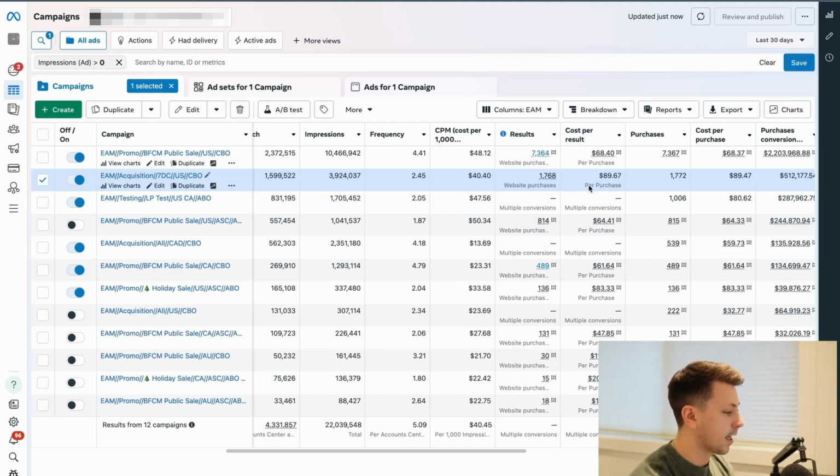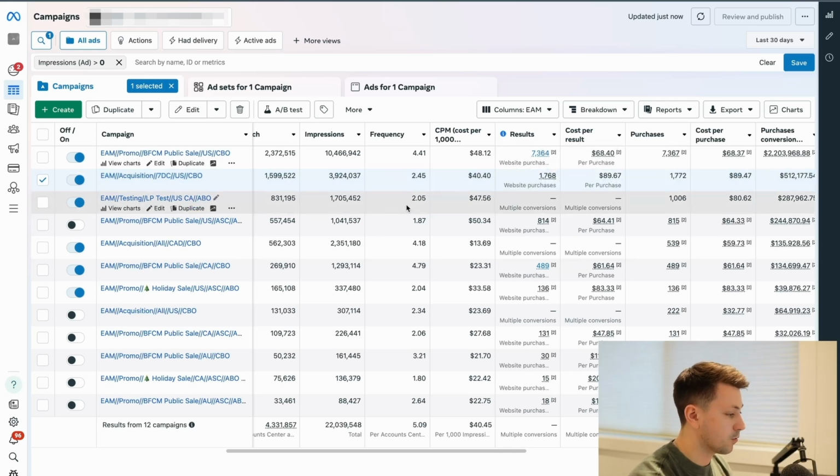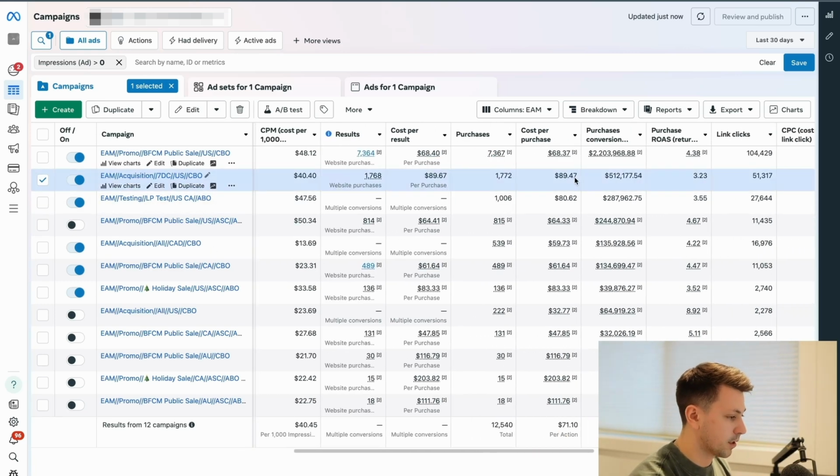And what we're doing every single week is putting new ads inside of here, and we're only looking for two things. One, does it get spend? And two, is it hitting our KPIs? And if it meets those two things, then that allows us to scale this campaign further. And as you can see, during this time, we still had very strong returns of 3.23x and did over $500,000